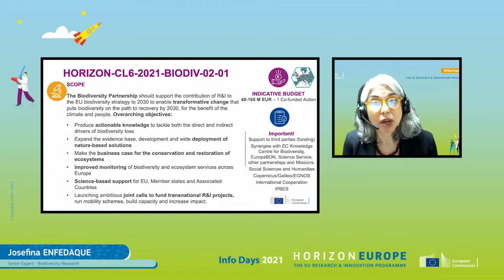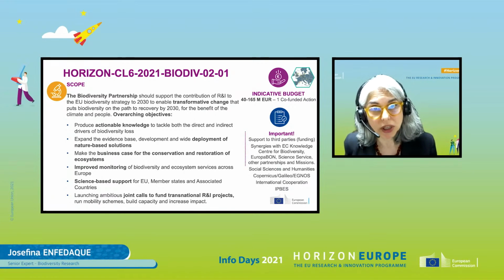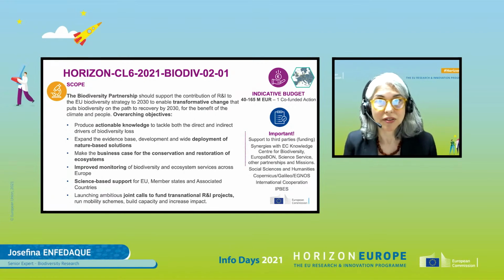The Biodiversity Partnership should support the contribution of research and innovation to the EU Biodiversity Strategy to 2030 to enable transformative change, to put biodiversity on the path to recovery by 2030 for the benefit of the climate and people. And it should have a number of overarching objectives. As you can imagine, these are research programs, so the objectives will be a myriad, but the overarching ones